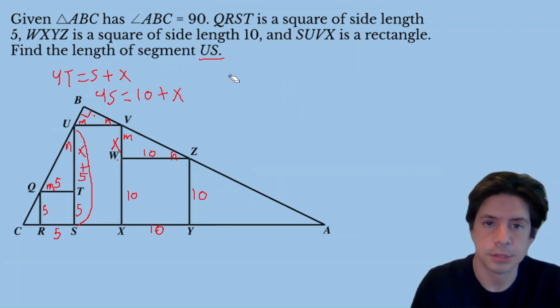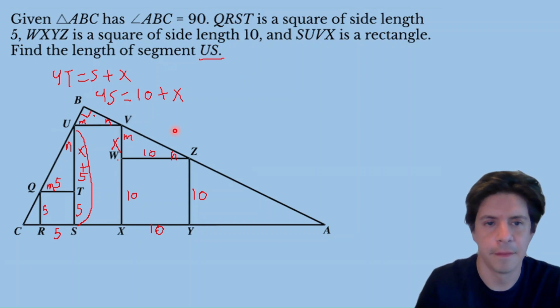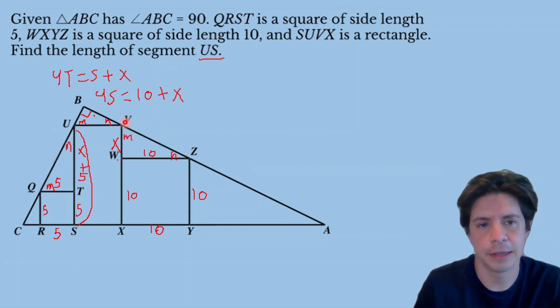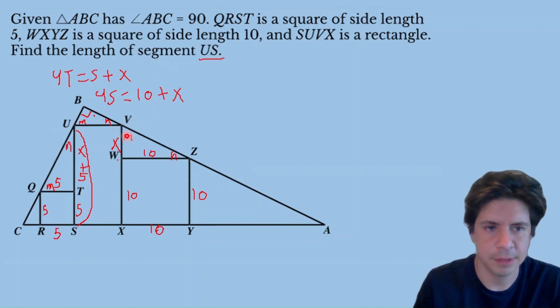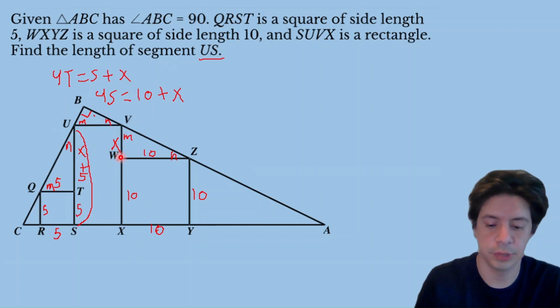Okay, so now let's see what proportions we can do using this triangle here, right? So we can say V is m, just like O is m, or Q is m here. Then we have T is the 90, W is the 90, U is n, Z is n. So we can say